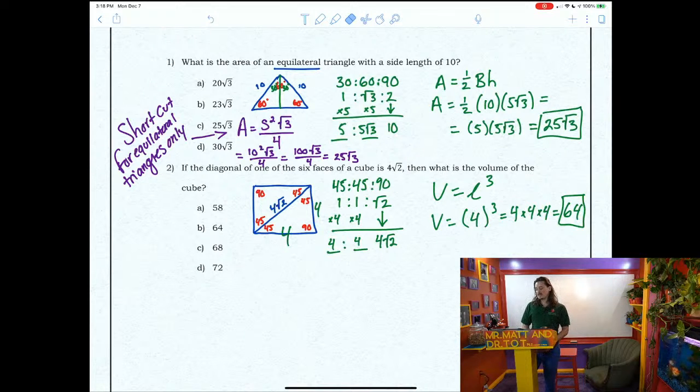So if you bisect any equilateral triangle by its altitude, by its height, and that's the distance directly from the vertex down at a perpendicular at 90 degrees with the base. So from the vertex to the base at a 90-degree angle, that is the height or the altitude of the triangle. If you bisect an equilateral triangle by its altitude, that's going to produce 2 30, 60, 90 special right